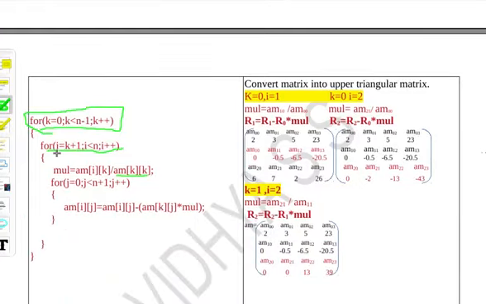So the row count I will get from i, and the column I will get from k. That is why, divide it with, that is a[i][k] by a[k][k], in the ith row in the same column of your pivot element. So that's why it is a[i][k] divided by a[k][k].